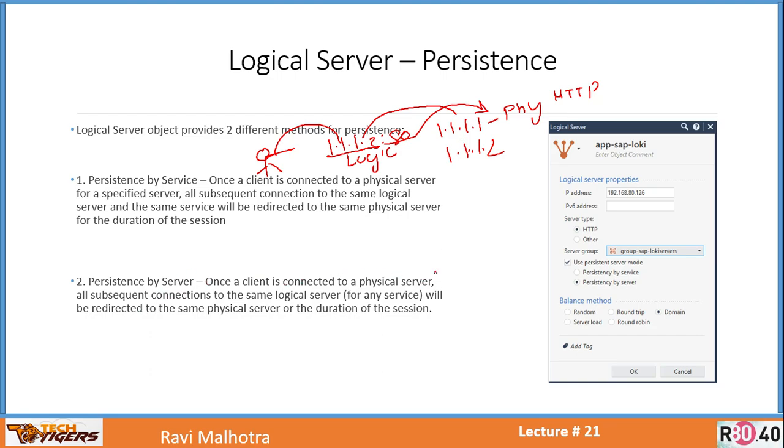Once a client is connected to a physical server, all subsequent connections to the same logical server, for any service, okay, 80, 443, RDP, FTP, any other service, will be redirected to the same physical server. So this is not specific to service only, this is specific to server. Okay,